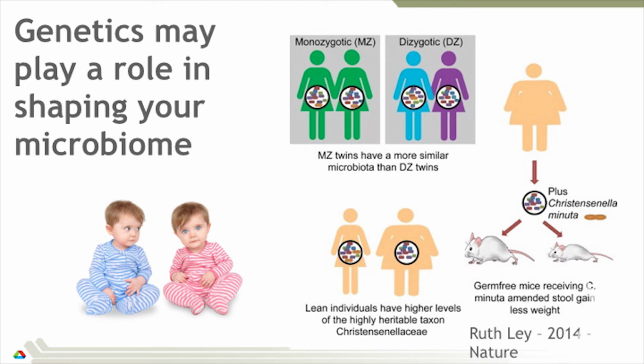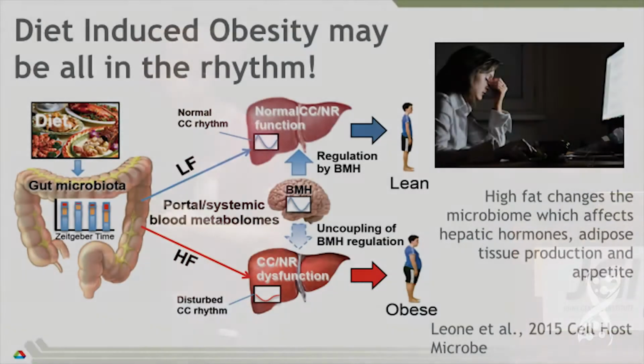If we take the obese stool and we add Christianicella minuta, the mice stay slim. So with Liping Zhao, we got one bug that makes you fat, and with Ruth Ley, we got one bug that makes you skinny. And you can see the potential probiotic elements. But what's interesting is we still don't know why. And we have very little understanding of how Christianicella minuta works. And so merging the stuff we're doing in environmental science and genomic modeling and metabolic processes and applying it more readily to this very rapidly growing and uncontrolled field of medical microbiome research will be incredibly valuable.